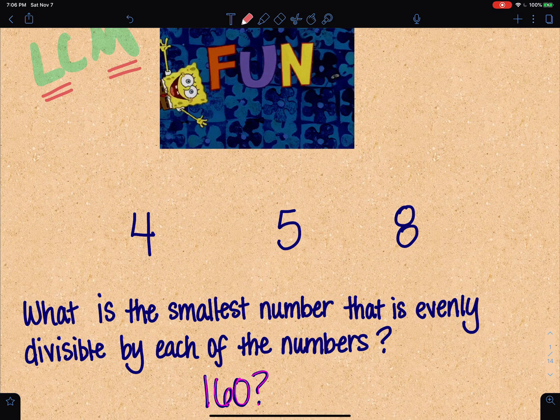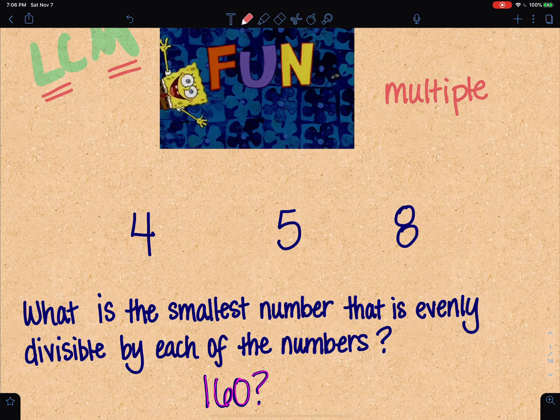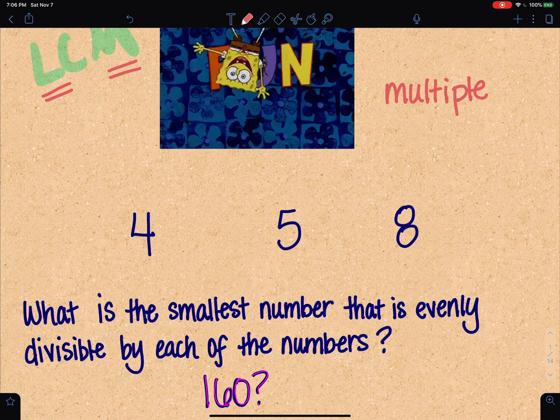So this is going to be when you multiply a number by 1, by 2, by 3. So these are going to be huge numbers, way bigger than the numbers that they give us. We're not talking about smaller numbers than these. We're talking about way bigger numbers than these. But we're trying to find the smallest number of those huge numbers that is evenly divisible by each of these